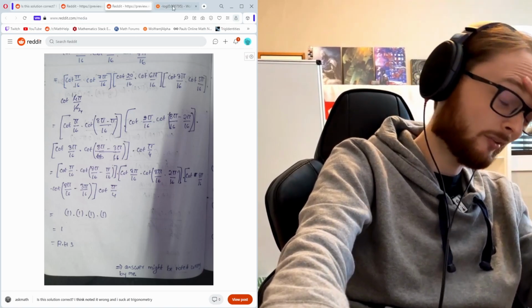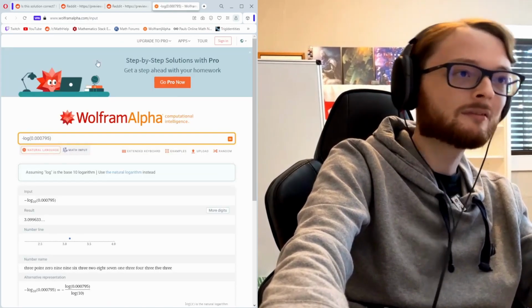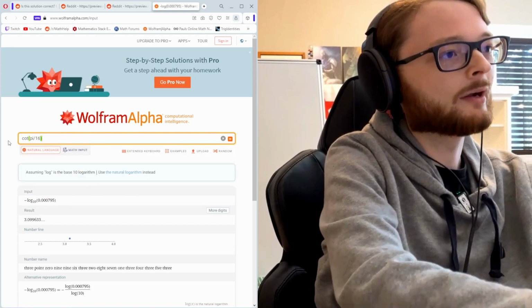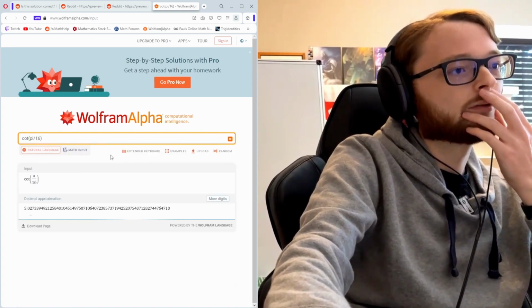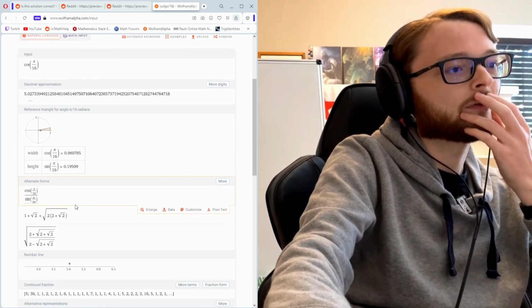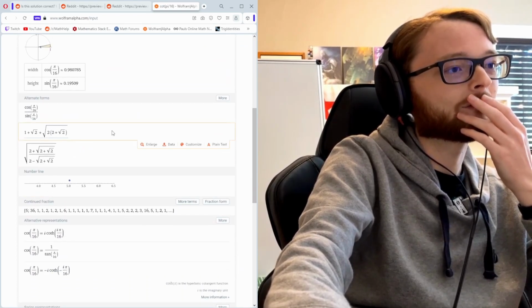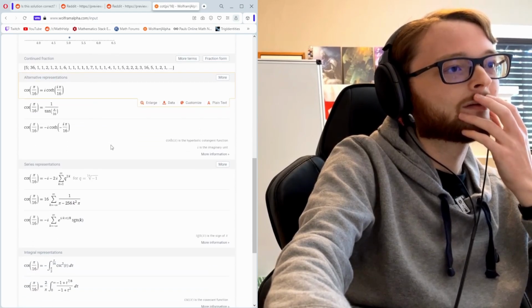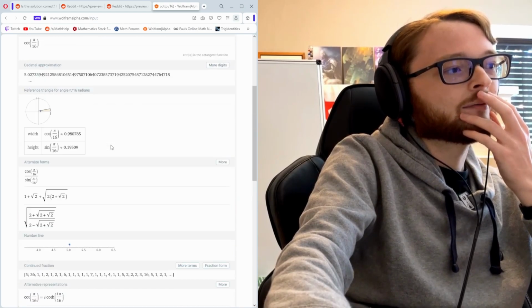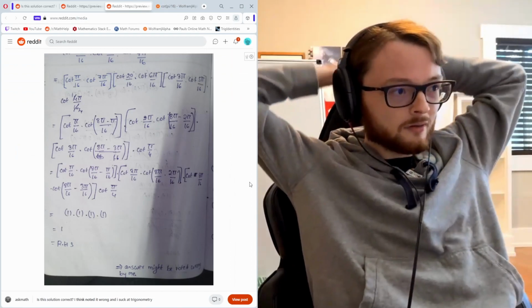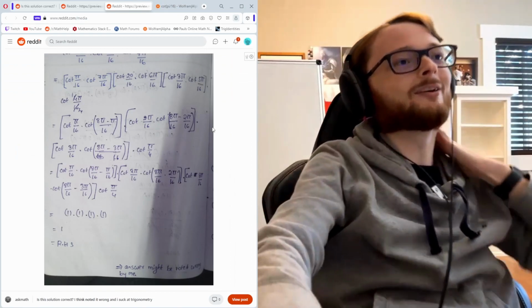Cotangent pi over 16. I just want to make sure that doesn't equal something obvious that I'm not remembering. No. Well, let me look at the... They give an exact value. Oh, no, that's not very obvious at all, is it? So you could potentially do like a double angle. Okay,